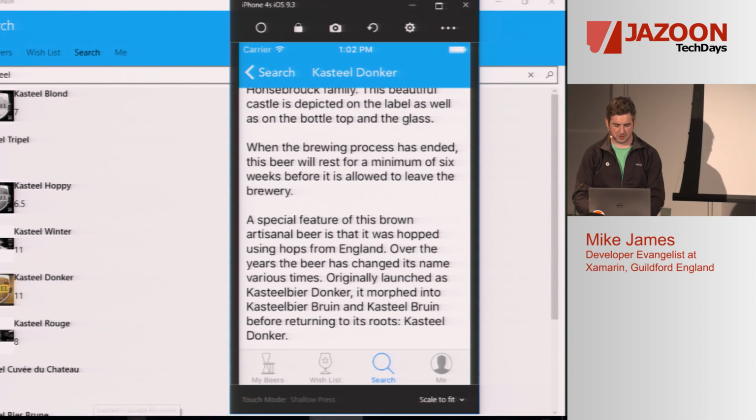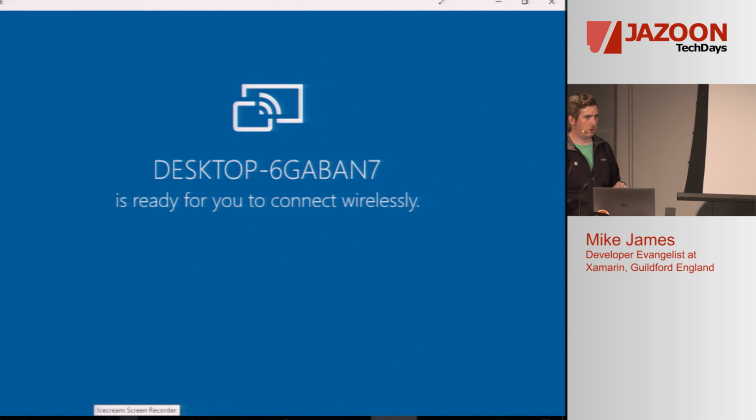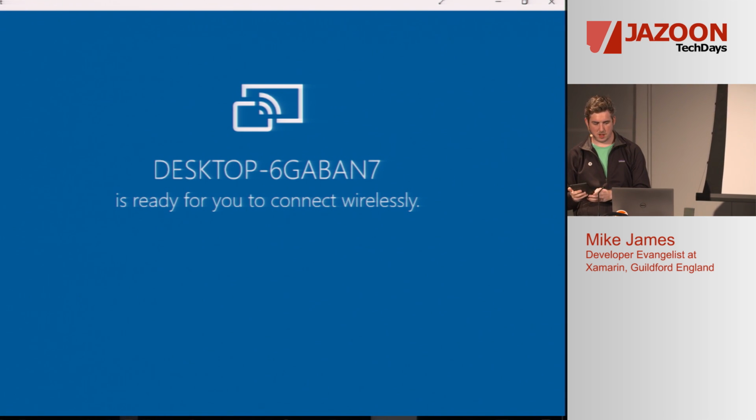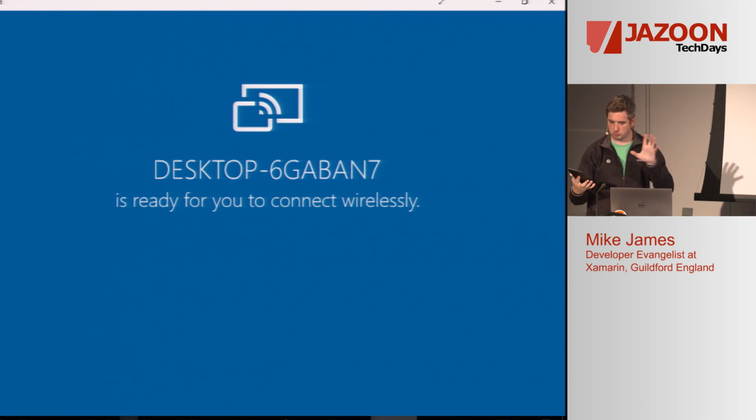Now, let's see if it works. So I tweeted just before we started this that I needed to restart my computer, and Microsoft decided to do an update, which was nice. And it appears to have broken a few things. One of them being casting from Android to PC. So this was working beautifully maybe an hour and a half ago. So what I'm going to do,